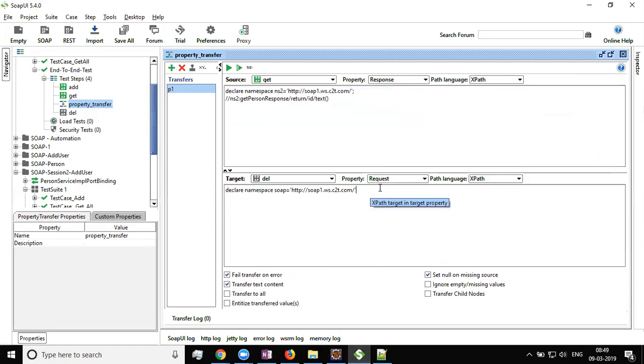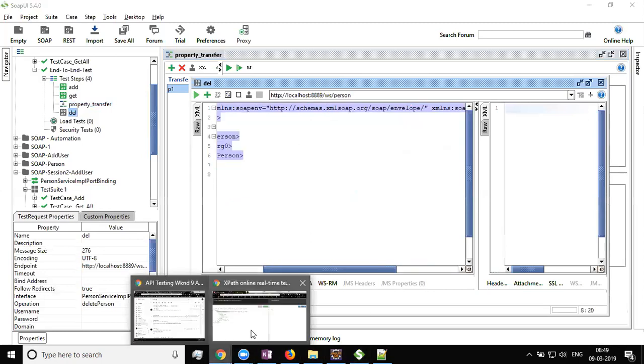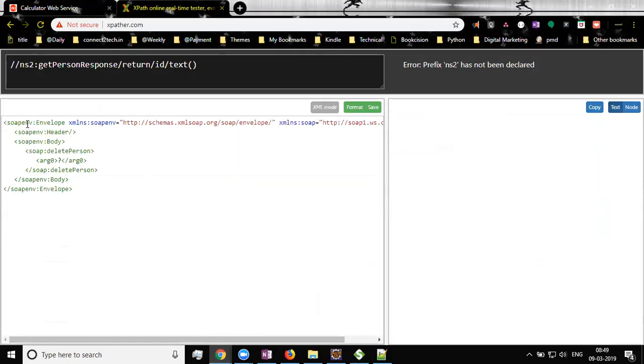Now what? So I'm sending it to the request, but to which field am I sending it? If you go here, I'll just copy and paste it in this one, right? Now here, if I have to reach that, I will say age. I want to go to age, right? So I am going to simply say